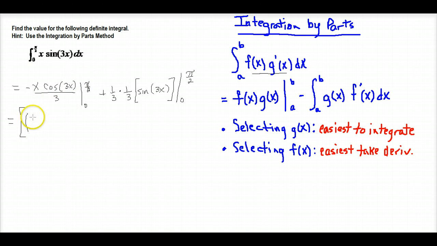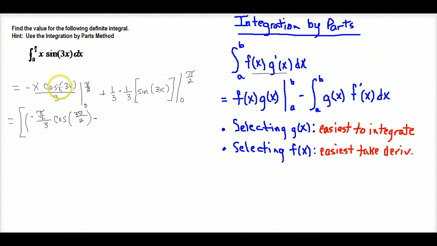So we come here first, and this will be minus pi over 2 divided by 3 cosine 3 times pi over 2, which is just 3 pi divided by 2,